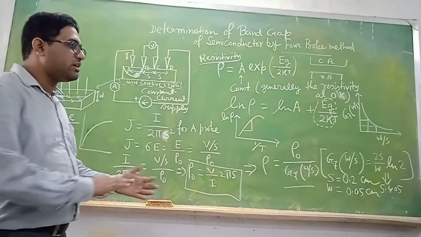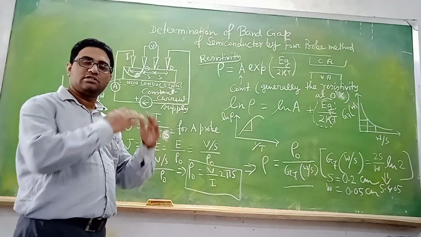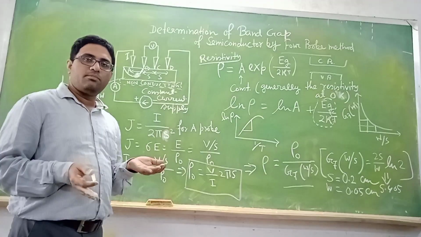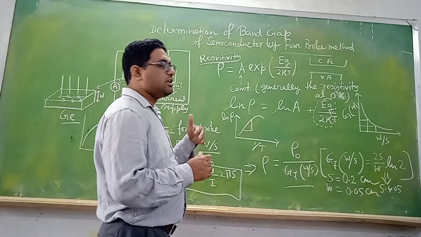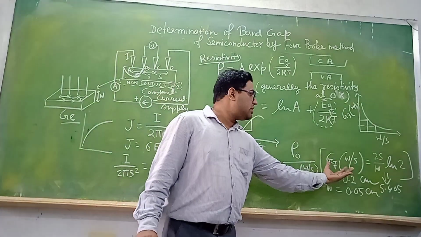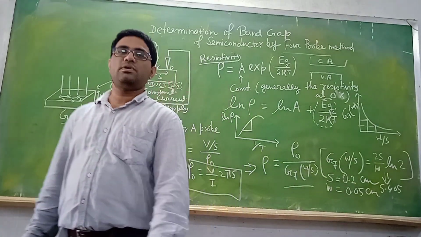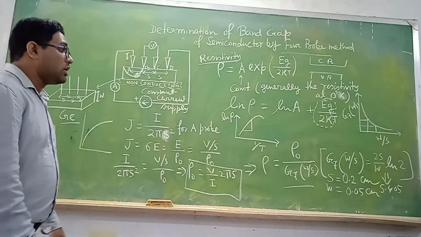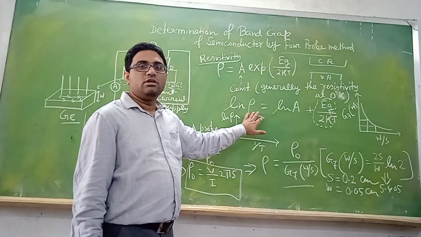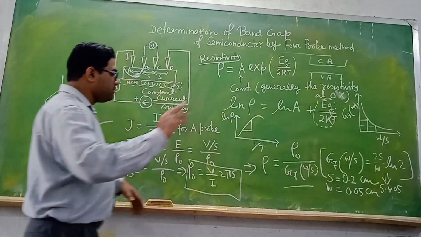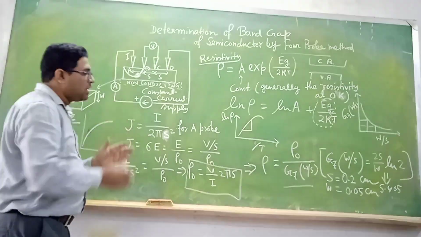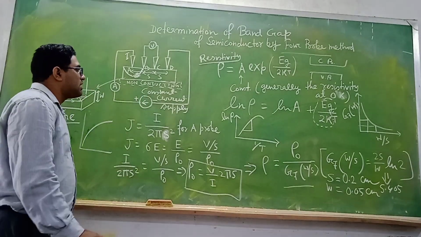How it is coming is beyond our discussion. It requires a rigorous calculation. There is an experimental paper, but that is beyond our discussion. For the time being, just remember the form of G7 will be 2s by W ln 2. Okay, so this rho we have to use here. That means experimentally what you will do is send a constant current and change the temperature.